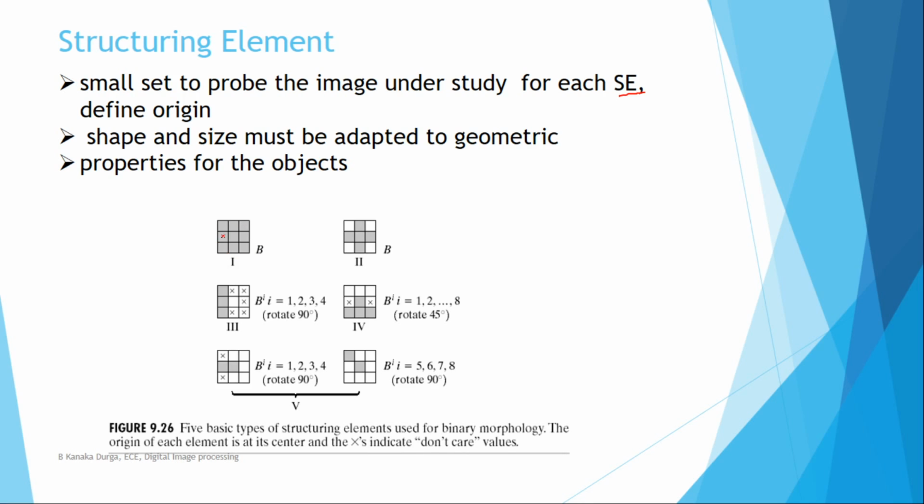What are the basic ways you can consider the structuring element with respect to the 3x3? In this, we are discussing fully filled, where all the values are 1. Fully filled is 1, non-filled is 0, and in the third case we have fully filled, not filled, and don't care. Don't care is nothing but it can be considered either 1 or 0, depending upon our application purpose or the scenario. In this case also the same: 1, 0, and don't care means either 1 or 0, we can consider them.